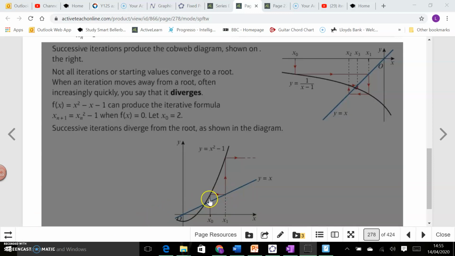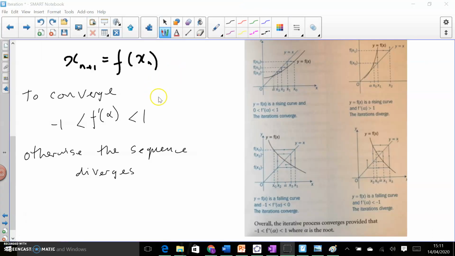And for a sequence to converge, which will mean a diagram like that, or one like that, the derivative at the root must be between 1 and minus 1. So it has to be a gentle gradient like that. If it's greater than 1 or less than minus 1, so it's steep,